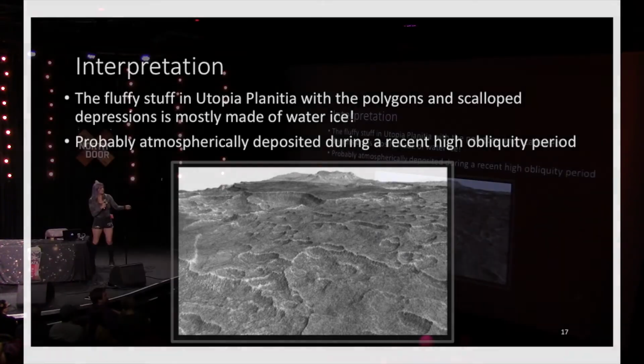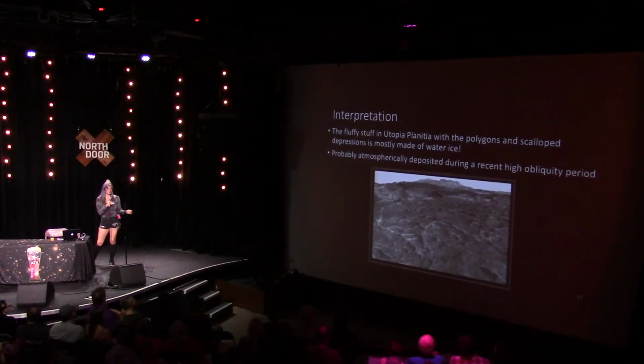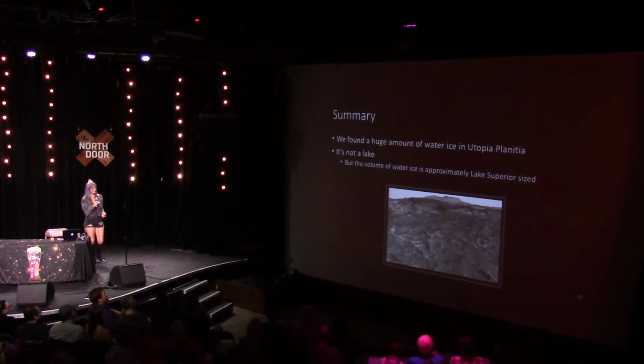And my best guess for how it got there was that there was atmospheric deposition, snow, fancy word for snow, during one of the recent high obliquity periods when that axial tilt was much greater. Okay, so in summary, this is the last slide. Kind of slacked on it, but